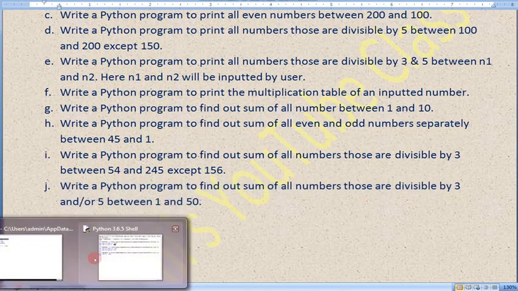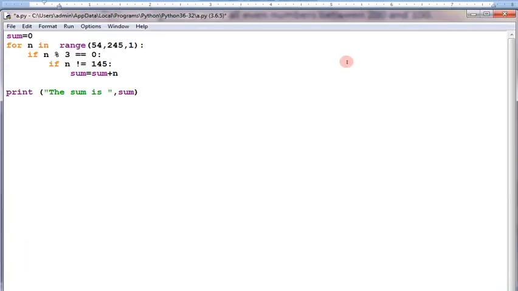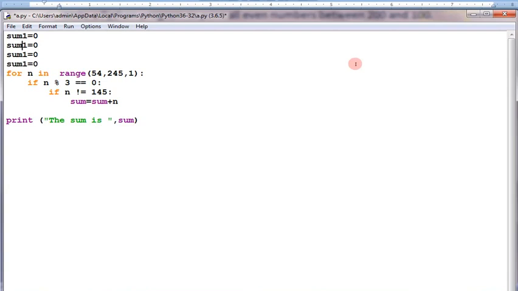So there are supposed to be 4 answers in this case. So let's try the program. I am making 4 variables here, that is sum1, sum2, sum3 and sum4, and changing their names. Fine. So thereafter the logic says the loop should start with 1 and continue till 50. Let's check the question.